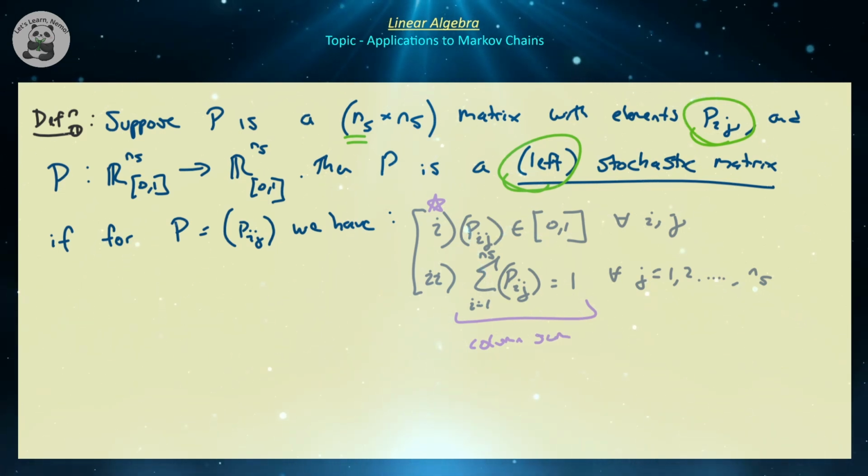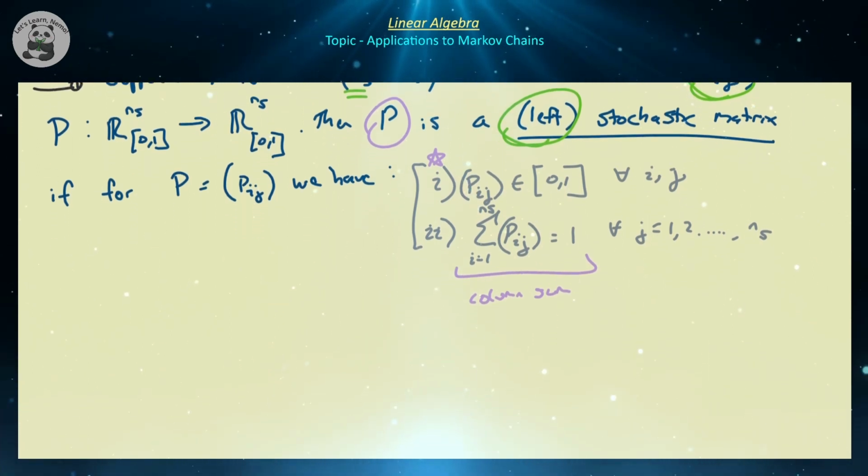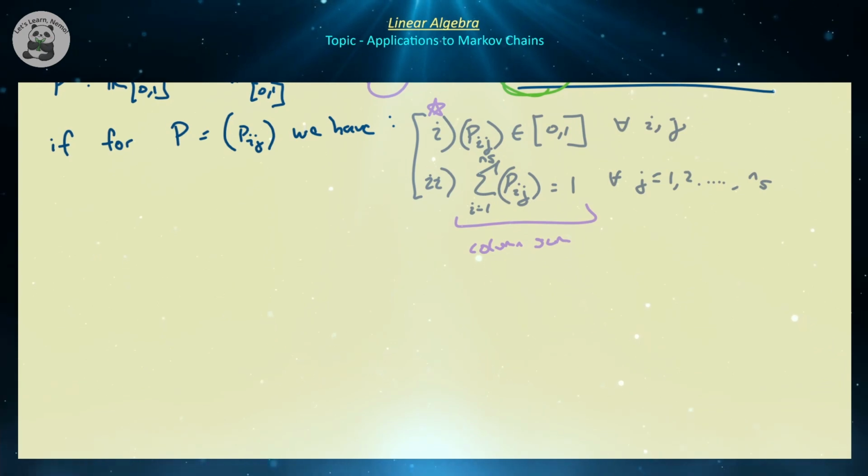So for example, if you want your probabilities to be row probability vectors, that would be called a right stochastic matrix. But we say that this matrix P is a left stochastic matrix if all of the values are probabilities in the matrix and the sum across all of the columns is equal to 1. All right? So let's look at our example and see if we can build a left or just a stochastic